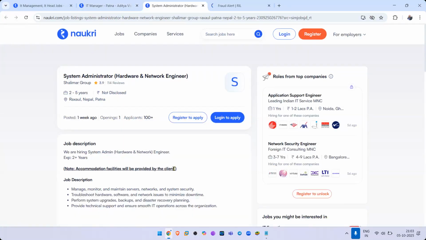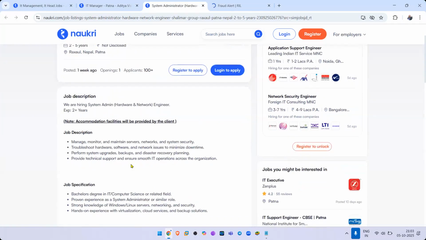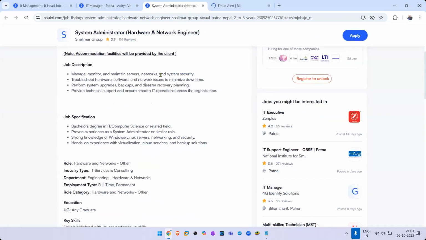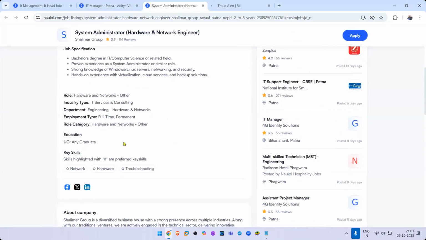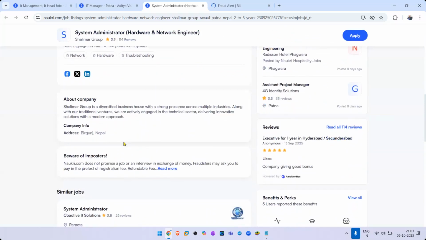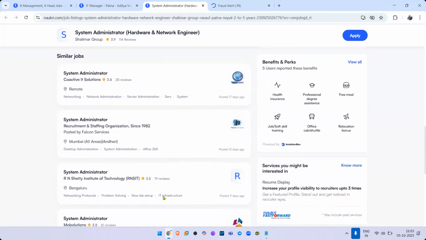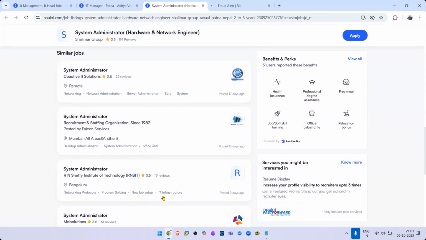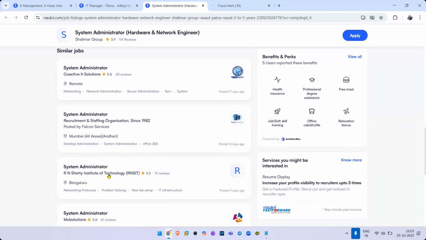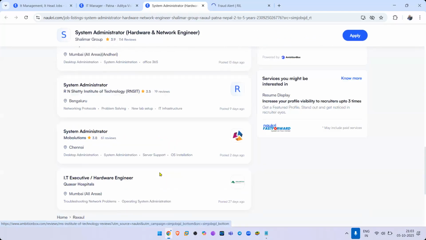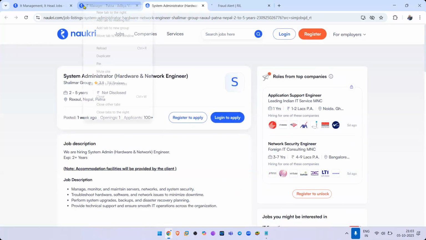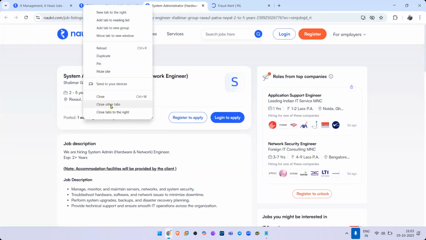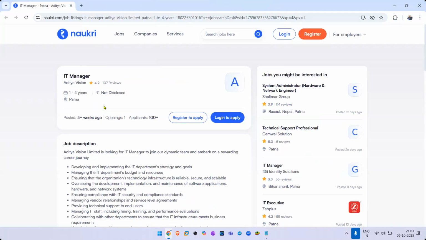Now here, I'm just going to Shalimar Group here. Okay, this one has got, yeah, system admin persons who should be able to manage servers. And okay, again, they are not very descriptive. In many companies, they will give you the exact information of what they are looking for. Okay, that's it. So this is the kind of thing where you will have to spend hours going through the profiles just to see the right information that you want.